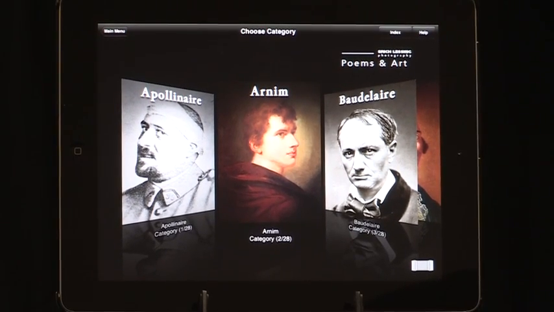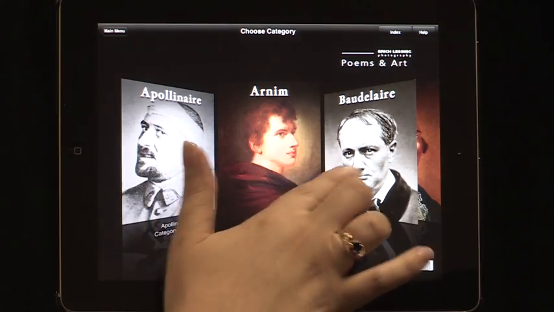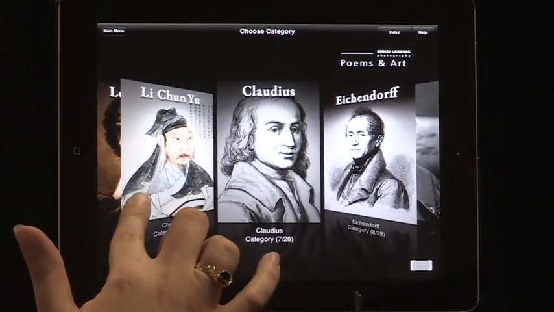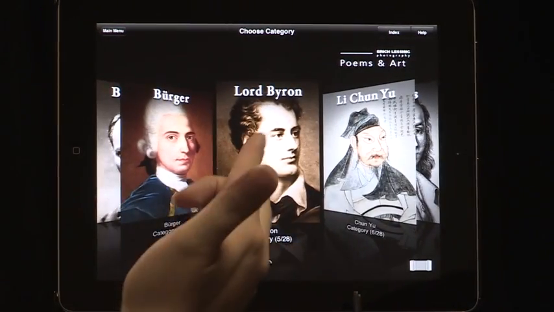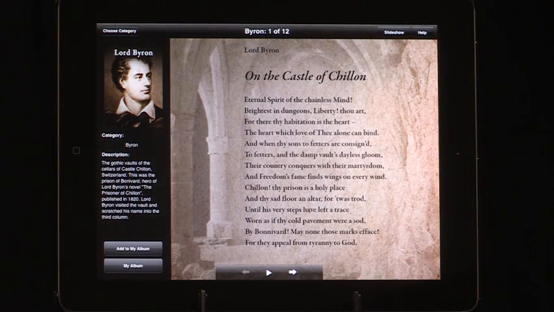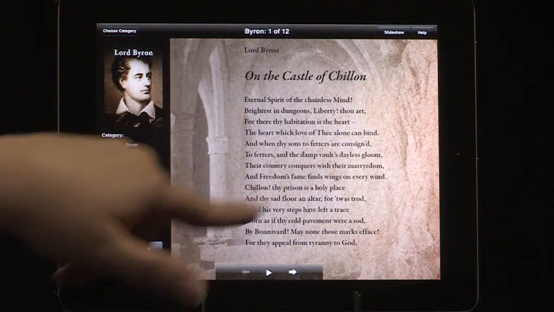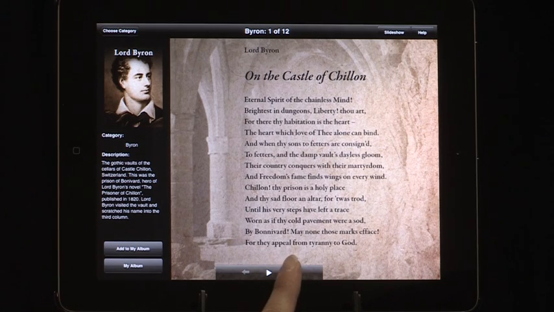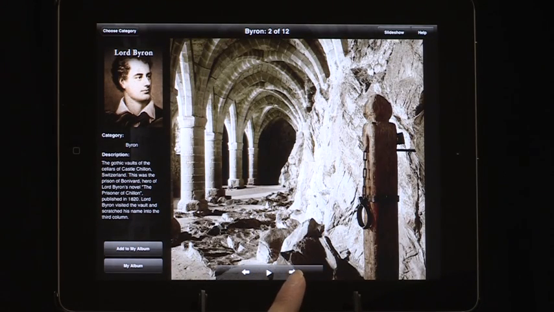The app that we're talking about is Poems and Art, and when you go into it, you can select various poets. And so if we were to select Lord Byron, for example. Everybody's favorite. Of course. It provides us with a poem and some art or architecture or photography that goes along with the theme of the poem.